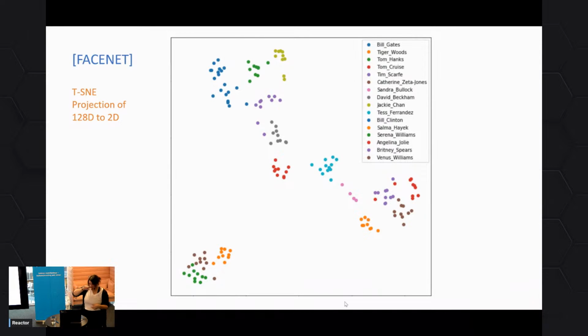So this is, for example, FaceNet. FaceNet is a model that was used for image similarity, taking image embeddings and figuring out who this is a picture of. So you could give it just a very few samples, maybe even just 1 or 2 samples of yourself, and then it could say, yes, this is you or this is not you when you take a new picture. This is a way to represent 128 different features in one single image. So bear with me, it's 2D from 128D.